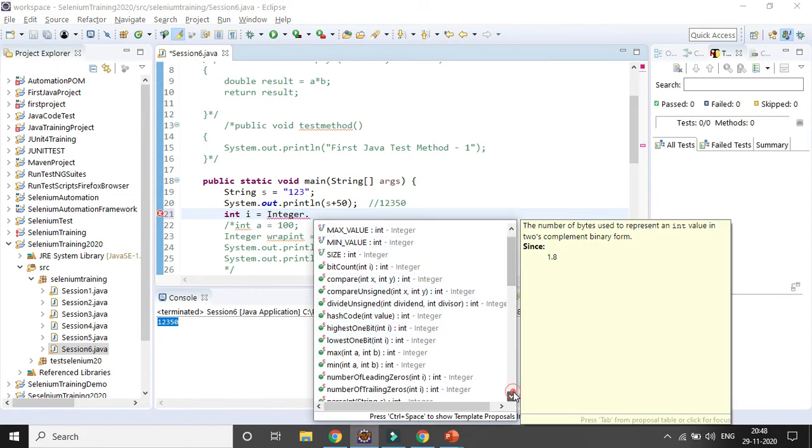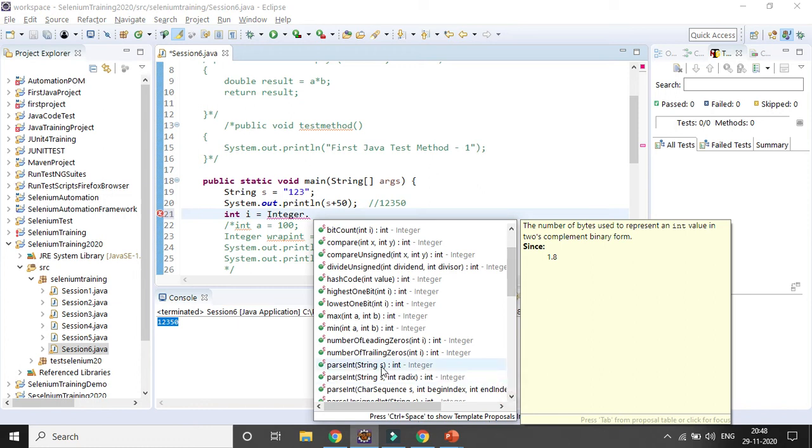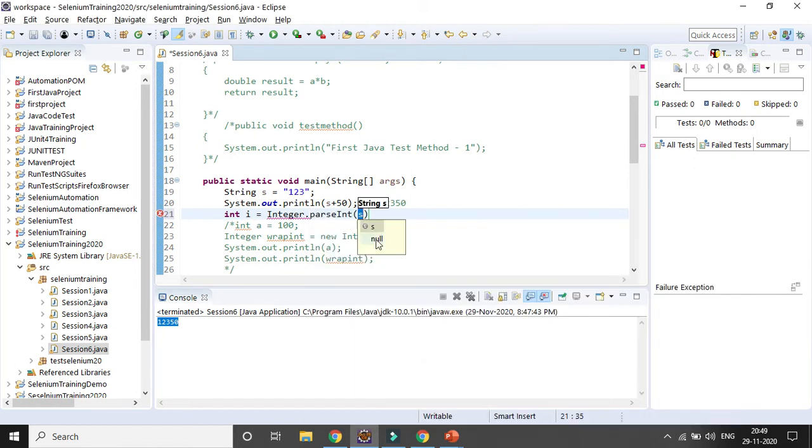right? So I have to use the parseInt method for integer, and you can see the return type is integer, and this is the class. Just like the Scanner class, you can see here Integer is the wrapper class. The return type is integer and the variable name is i, so I will use that method, and here I need to pass the variable. Now, that particular variable is a string. In case everything is numeric only, then only we can convert it. Okay, now it's converted to integer.